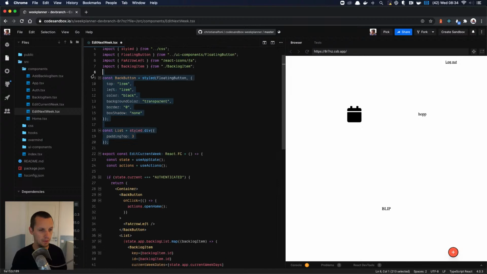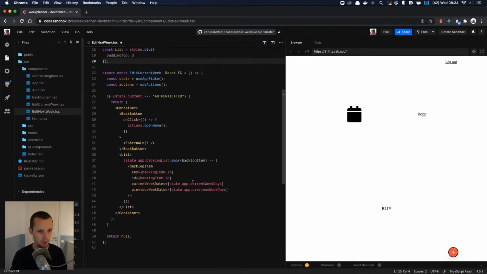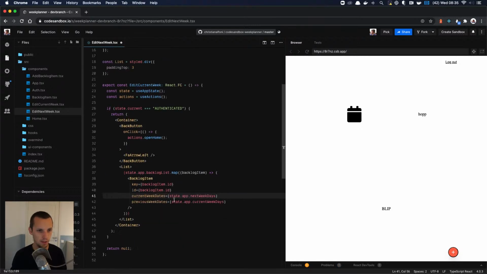Certainly there are some things we could reuse here, but I don't care about that currently. The only thing I care about is that the previous weekdays will actually be the current week. And then, do we have next already? Next weekdays? Yeah. And the current weekdays will be the next weekdays. So we already prepared this stuff, which is super nice.